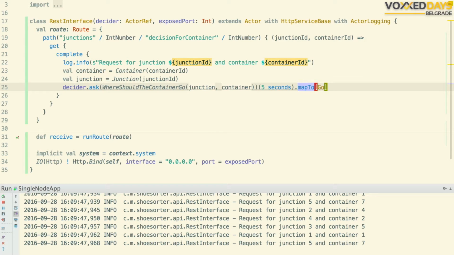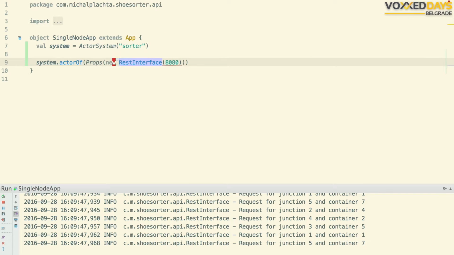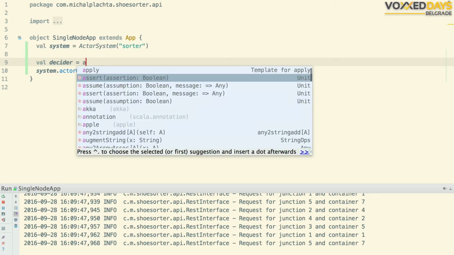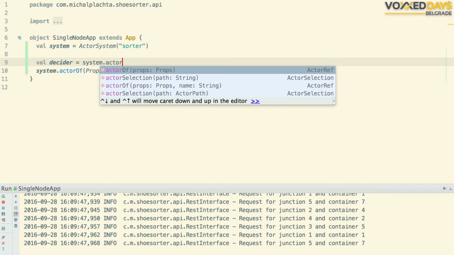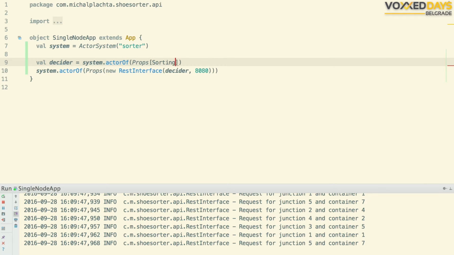Does it compile? Who pays attention? What we did here in the constructor, we added a new parameter, right? So it won't compile because we need to provide it here. In order to provide it, we need to create another actor, name it system actor of props sorting decider.